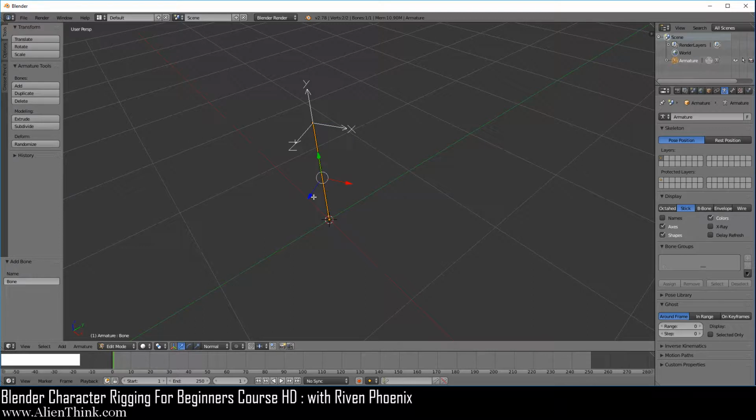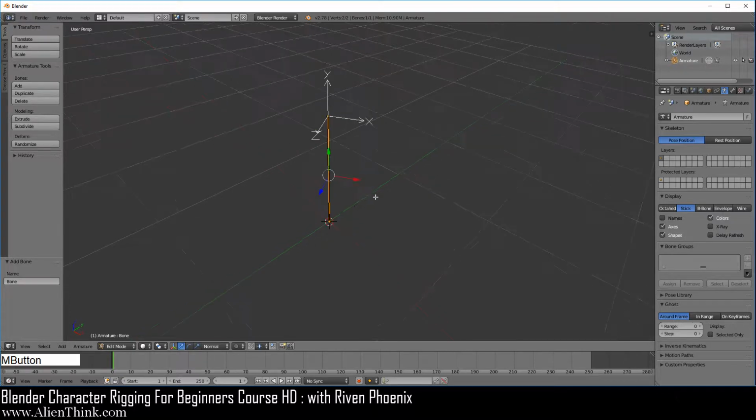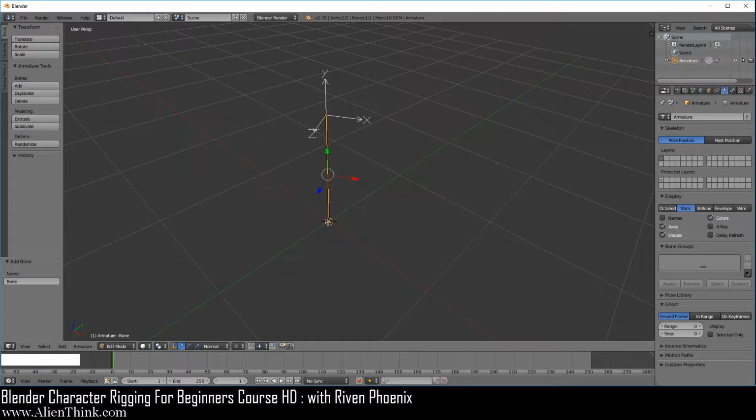See how this is matching? The blue is the Z, the red is the X, and the green is the Y. So when we enable this, that's what it shows. It puts it on the tail. Now, the question is, why does it even put it on the tail? Why doesn't it put it on the head? Now, you'll see why this is, because it's basically the same concept as the origin point for the armature. Each bone will have its own origin point, and it's always going to be on the tail.